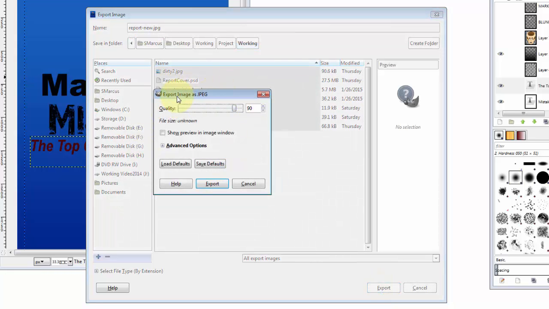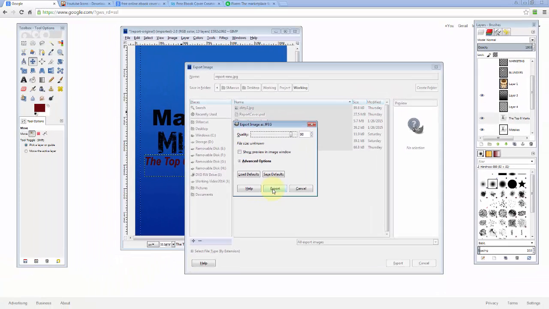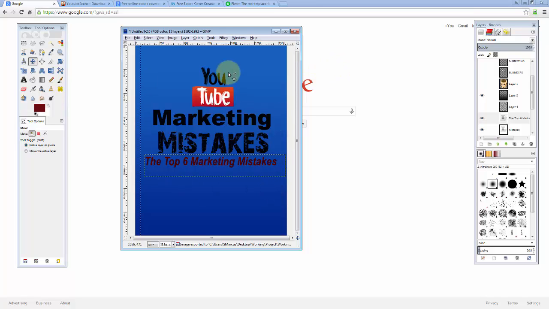Then you get this pop-up. And I usually just use the default settings, but you can make adjustments here if you like. But I'm just going to go with the default settings, click on Export, and we're good. Now then, we're done with GIMP, but before we finish things off in this video, I want to show you